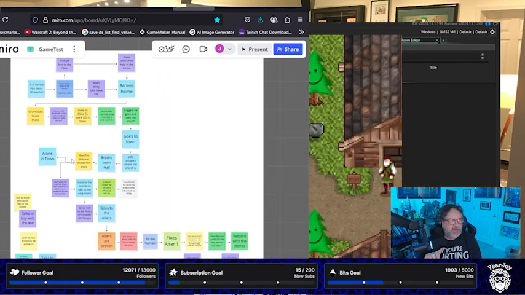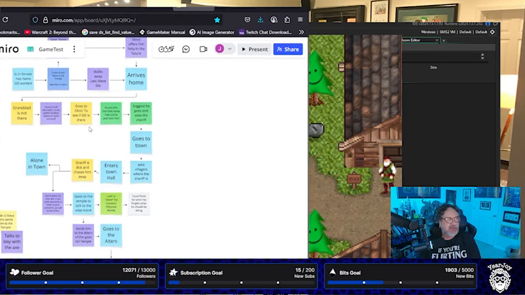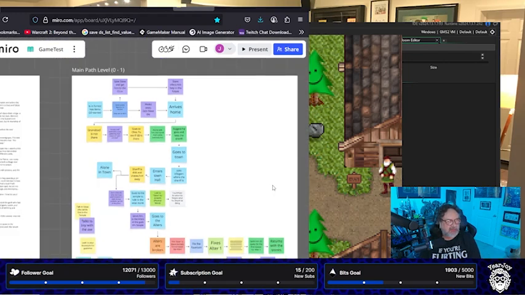So I wanted to start putting in the main path that our character has to do, not including subquests or anything else, just the main path, the things he absolutely had to do. And that's what we put together in our system. This is the stuff he has to do to get from 0 to level 1. So we built that, and then I realized that when we were doing this part here,